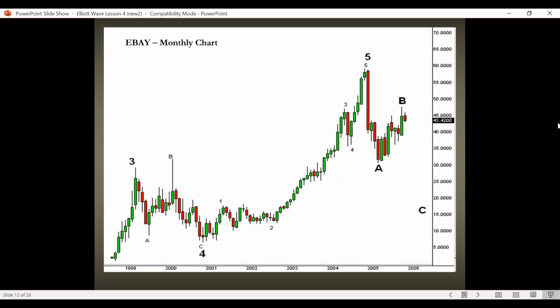And this is what I saw on that monthly chart. It would look like this was the end of wave 5 on this big run up right here. Had a big sell off right here, which was wave A. And what looked like 5 waves was actually an ABC, a bearish ABC pattern, completing wave B, and on that long-term perspective this thing was much more likely to drop in that wave C.